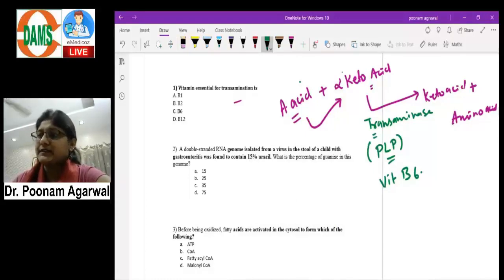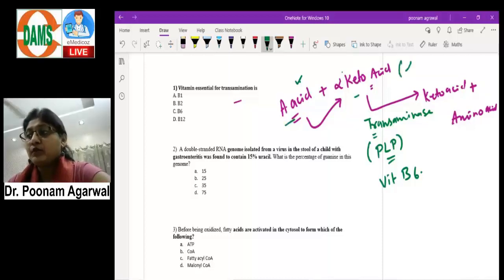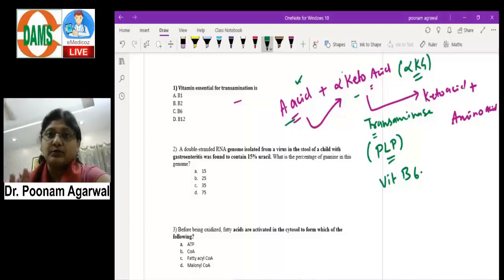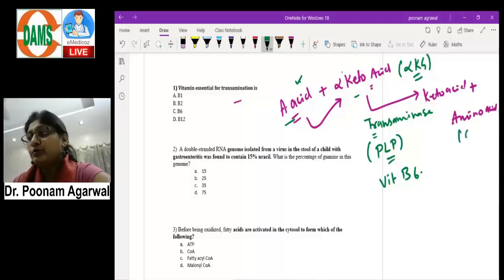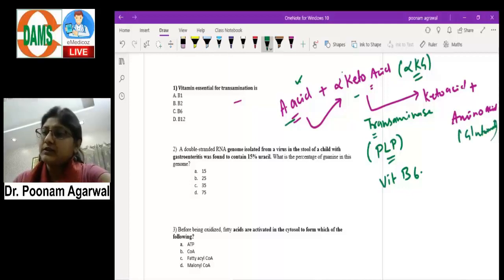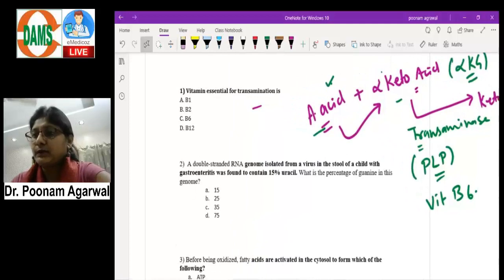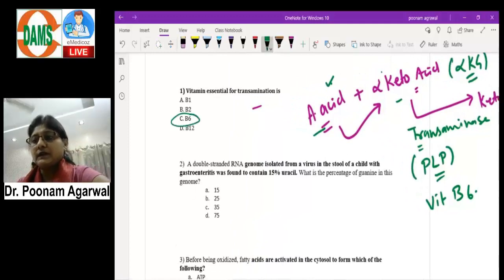So this is the very first step of catabolism of various amino acids, where the amino group is safely transferred to keto acid. And most of the time, if you want to know a little more, this alpha keto acid which is going to accept the amino group is alpha ketoglutarate, which is an intermediate of the TCA cycle. So once the alpha ketoglutarate accepts the amino group, that is converted to glutamate. So this is transamination, and as the question is asking which vitamin is required, the answer is C, vitamin B6